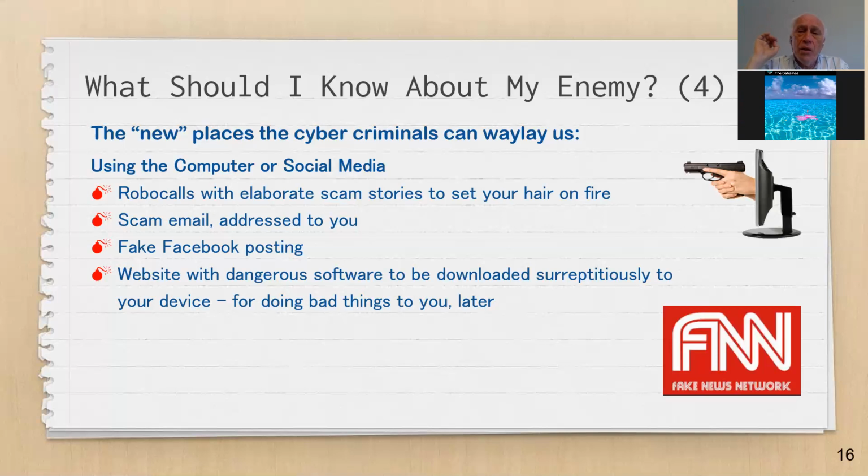So again, I said earlier on, Sun Tzu said, know yourself. The thing you need to know about yourself is don't react immediately, because as soon as you get this message that says, we're the IRS, we're coming to arrest you because you haven't paid your taxes, or this is Microsoft and we found a virus on your computer, don't act. Stop. We all tend to react because if we're crossing a road and there's a truck coming, we better jump out of the way. That's how we're built. So when you get this message, you think it's a truck coming down to destroy your life and put you in jail or take your money away.